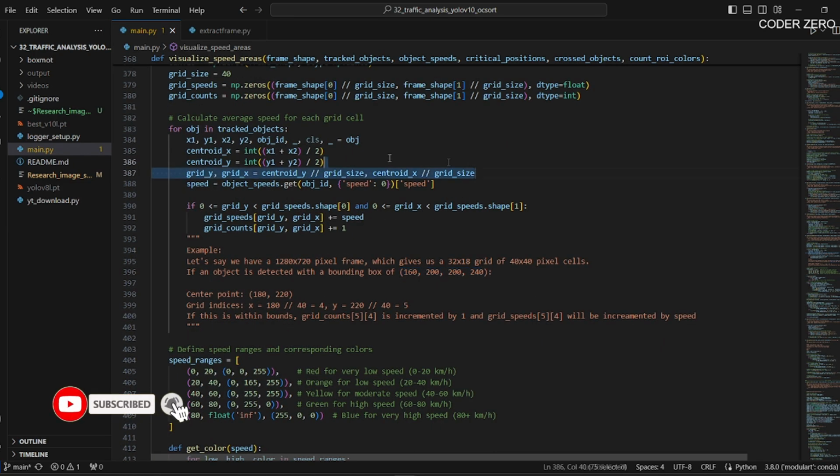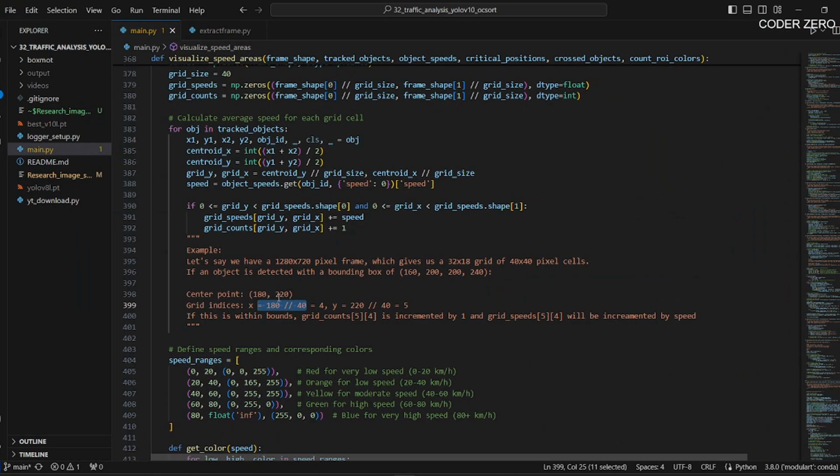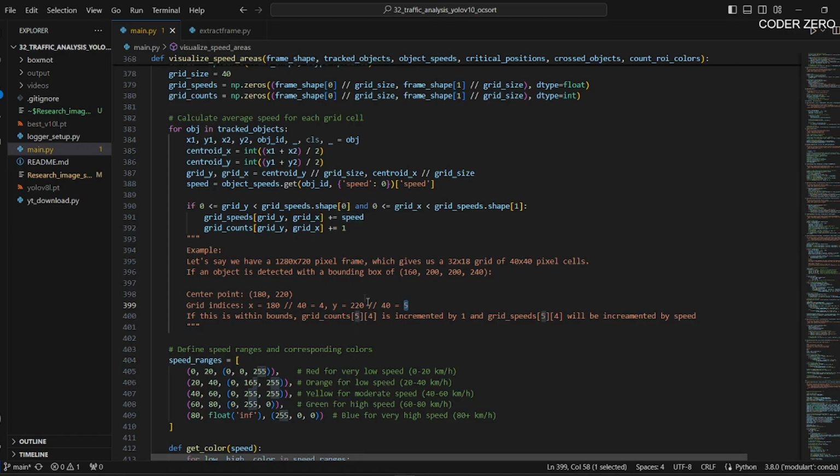So by doing this, we can find out at which grid location this object is currently at. That means for this object, the grid location will be 4 and 5. That means this is grid location 1, 2, 3, 4. This is the x value and this is 5. So the object would be at this grid,